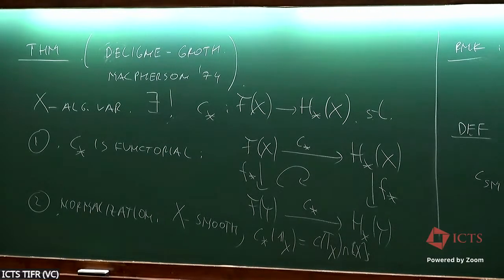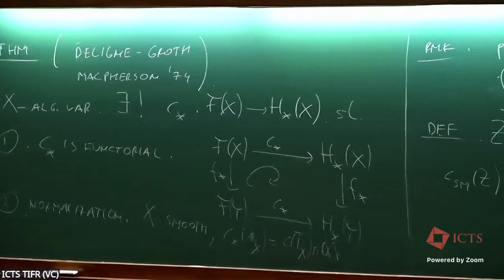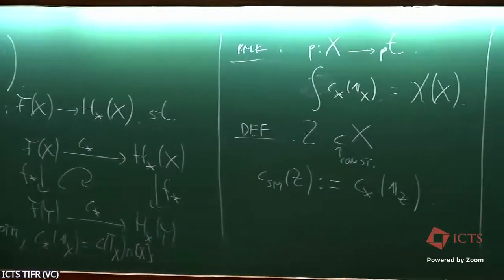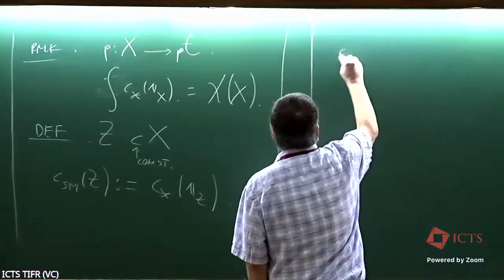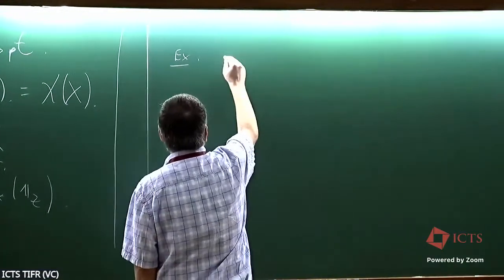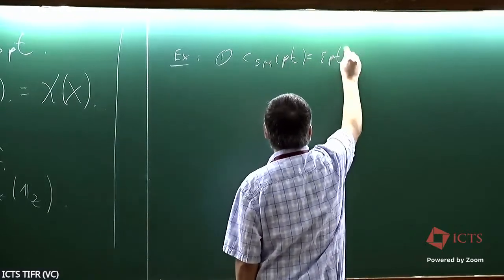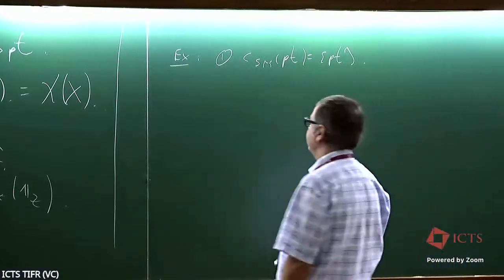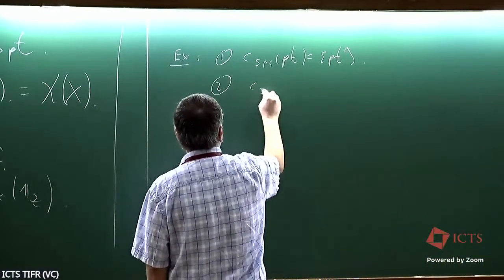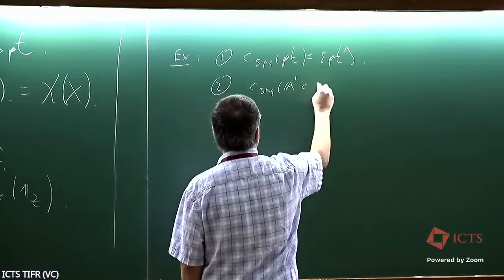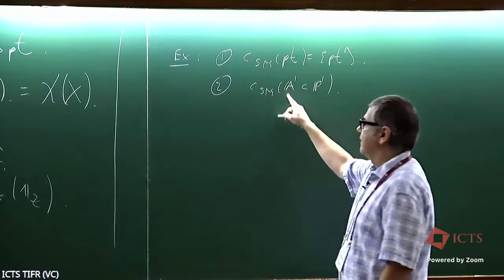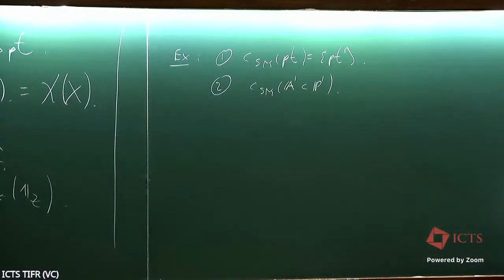Let me give you maybe a couple of examples to get your bearings about what these classes look like in some simple examples. The CSM class of a point: well, what can it be? The point is smooth, so the CSM class of a point is a point. How about the CSM class of, let's say, A1 inside P1? I want to regard things inside some ambient space, which is good to specify. At some moment I'm going to forget to specify it, and then it's going to be understood from the context. But right now, we do specify it.